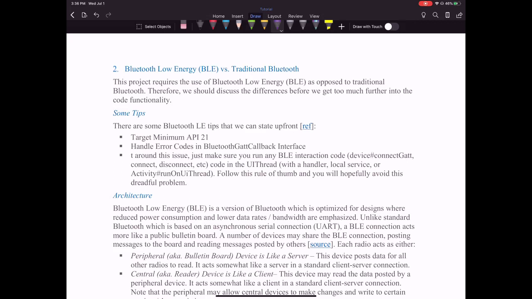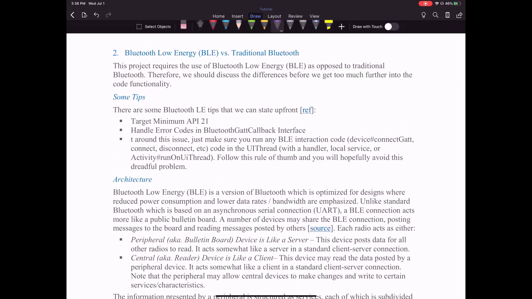Okay, so we should discuss the differences before we get too much further into code functionality. These were a couple tips I put in here. I don't think we really need to talk about this. There's more reminders